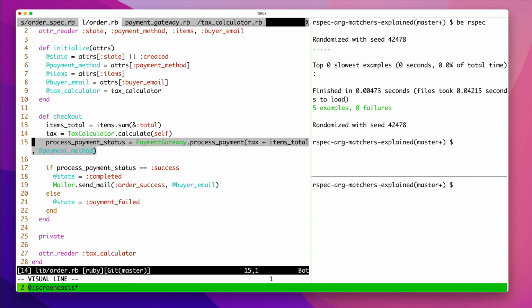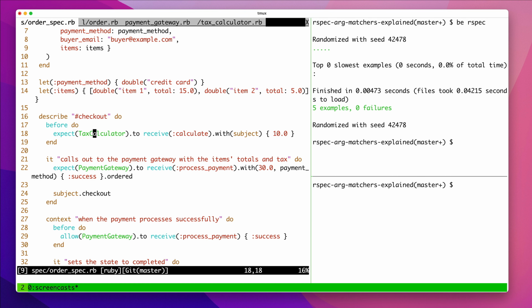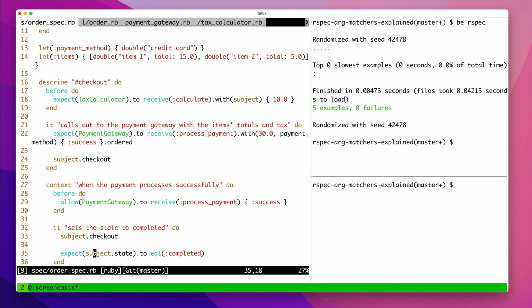It calculates the tax, it processes the payment with a payment gateway, and then based on the result of the processing, it sets a state and sends an email. And tax calculator and payment gateway don't do anything, right? If I go to the code there, they're just empty. And in that episode we drove out the checkout method with mocking, where we're taking payment gateway and saying it receives